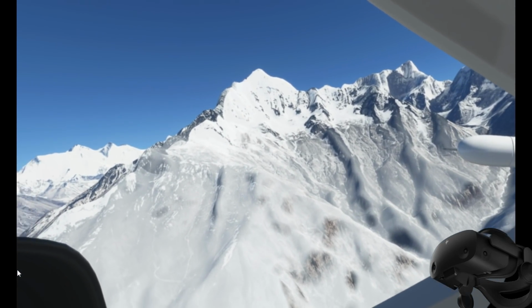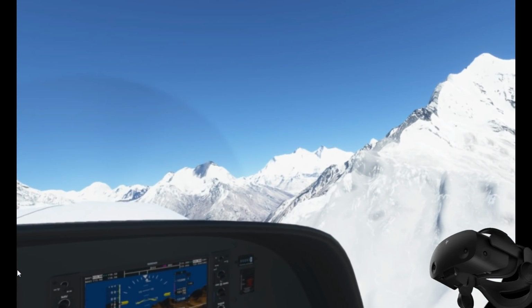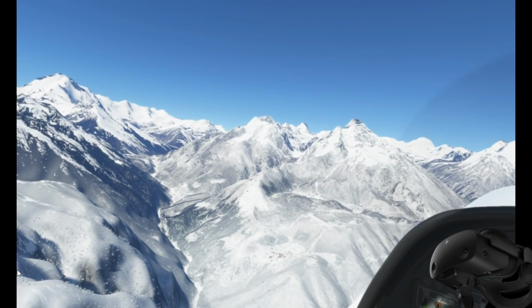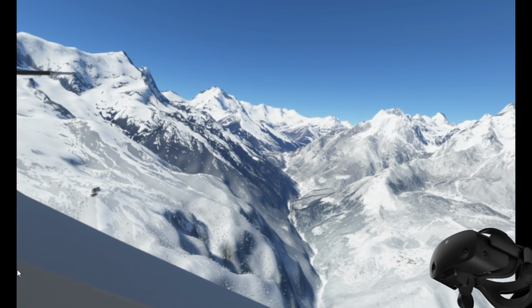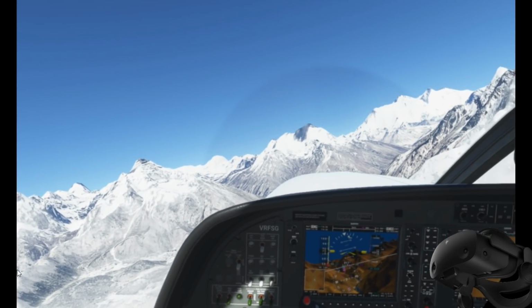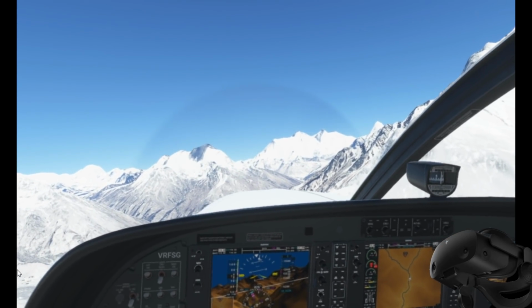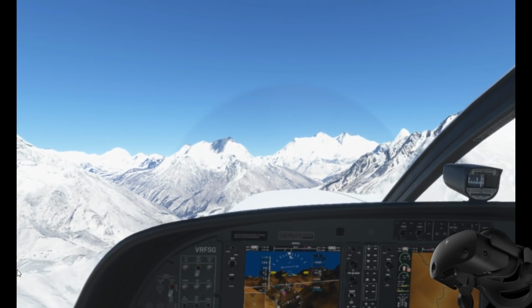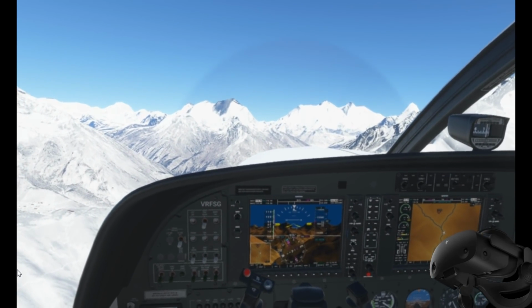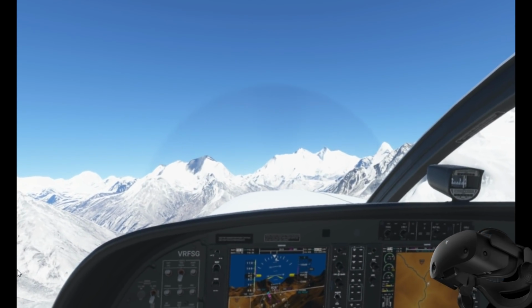But guys, honestly, it is a bit of a faff. Take your time getting the settings to how you want them in the sim. As I said before in my first video, it is a beast of a flight sim, and you need to spend time dialing it in for your system, which will be different to mine. My setup guide is just basically a bit of a guide to let you know what some of those settings do. With that being said, we're now at 15,000 feet, so we're halfway there already,